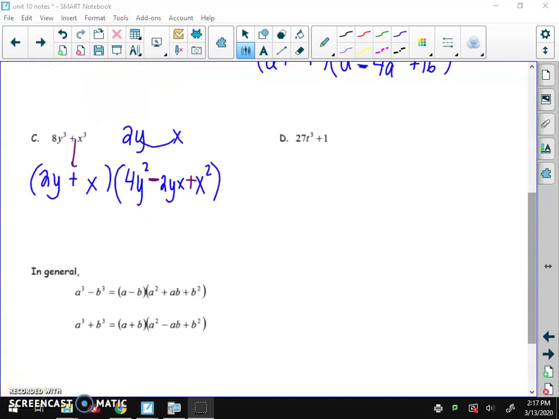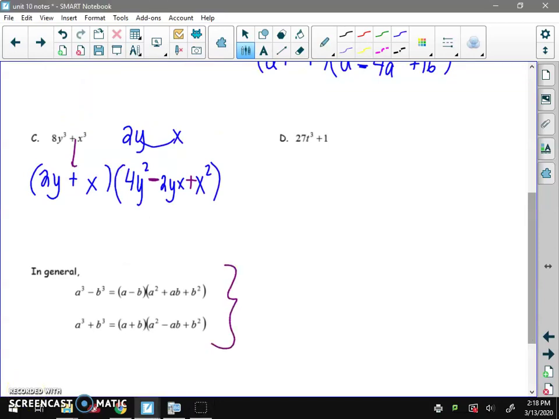You should try the other examples and check your answers against Schoology, but these right here are the rules, and these two rules are not given on the formula sheet. So you need to either recognize the patterns